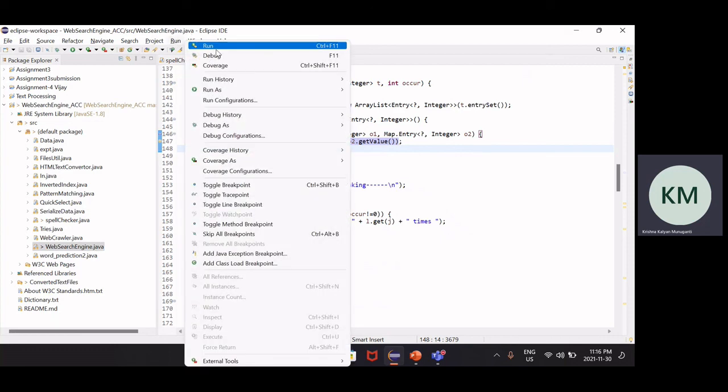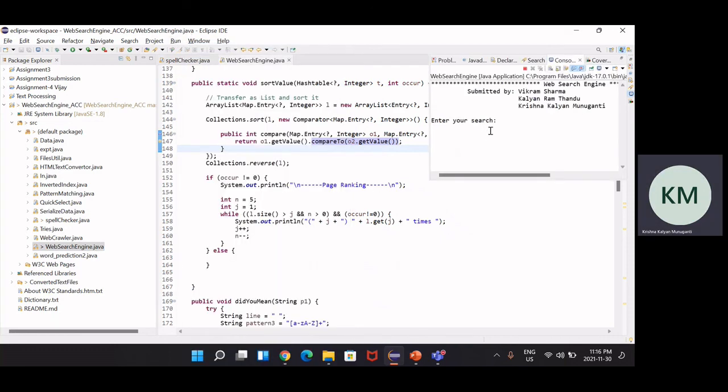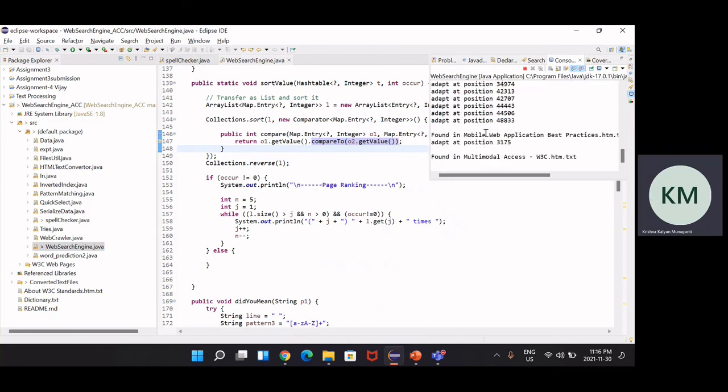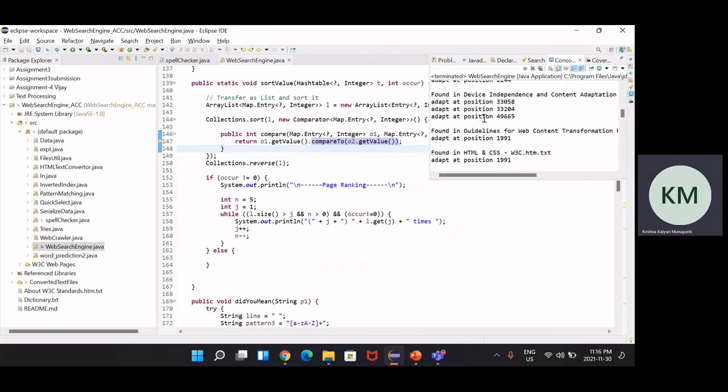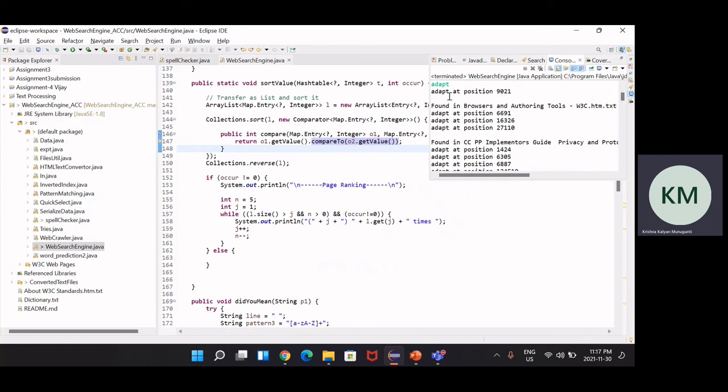I'll show you a demo of that. I think my friend has already shown you how page ranking occurs, so I'll just reiterate it again. So here you go. Let me say adapt. Adapt is a word, and I just want to know this. See, since I've spelled adapt correctly